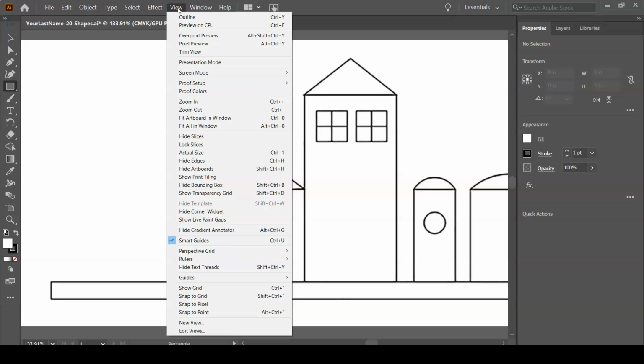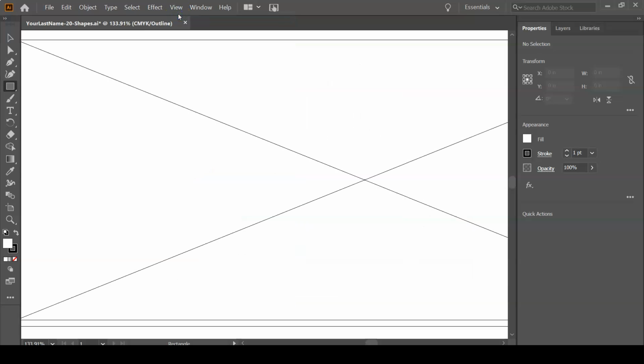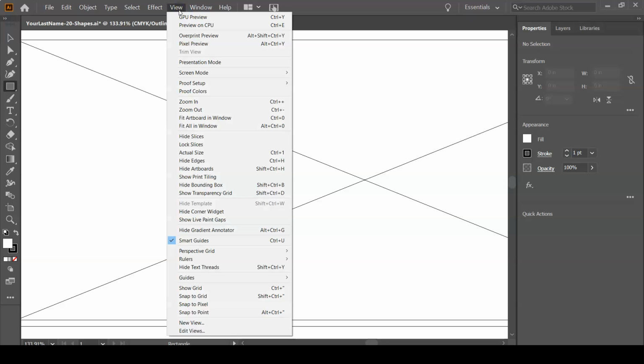In the view menu at the top, we can change from preview mode to outline mode. So if I went to outline mode right now, it's still just giving me that X placeholder because we haven't added any vectors yet. I'll go back up to the preview